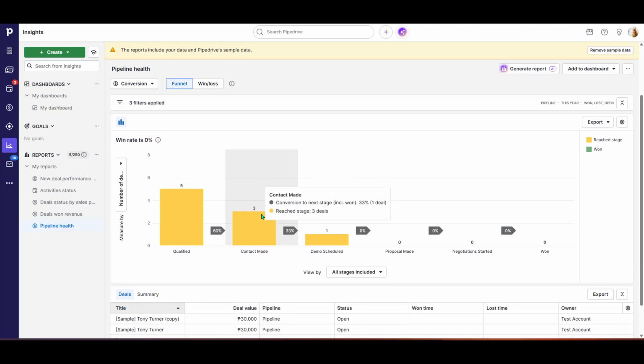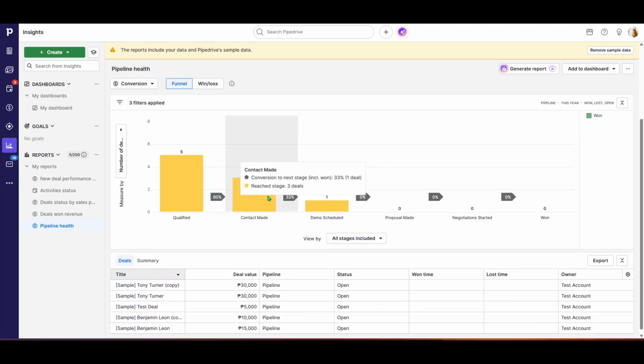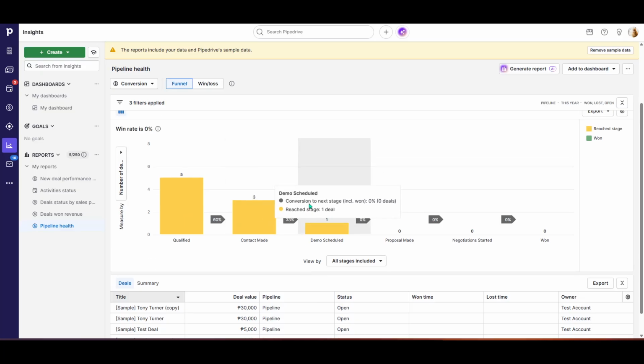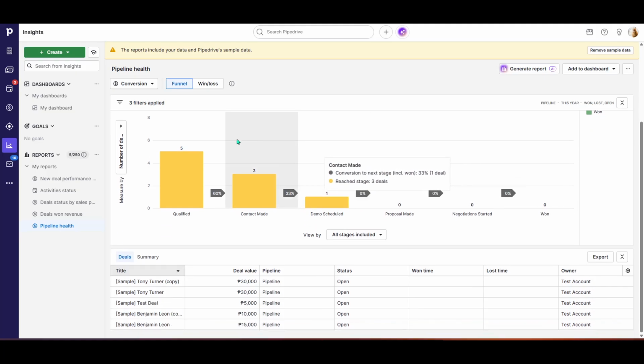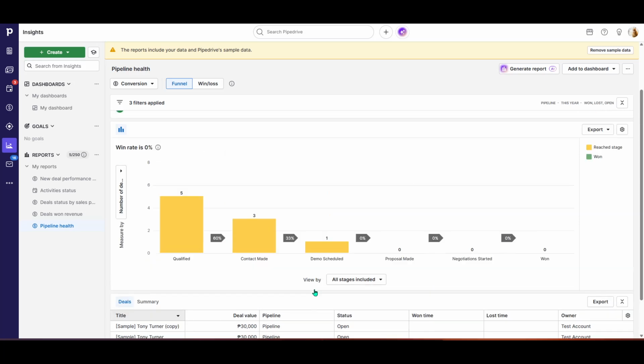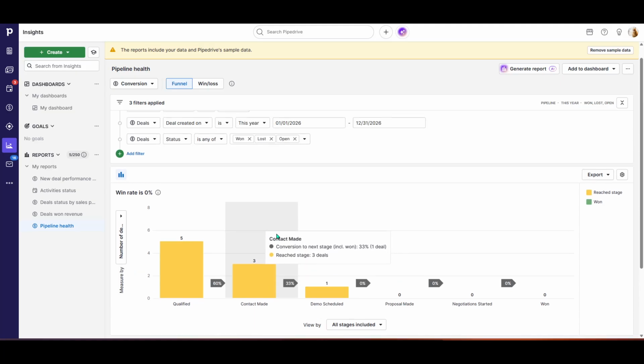At this point, your report should immediately populate. You'll see how deals convert across stages and how they land as open, won, or lost within your chosen time frame. Look for balance here. A healthy pipeline shows a steady flow of opens and a respectable share of wins, with losses that are visible but not overwhelming. Sudden drops in open deals or spikes in lost ones can signal a slowdown or a process